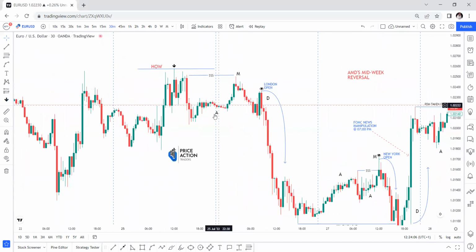You have accumulation, manipulation of Asian. Then this high was taken out. The price makes a kind of reversal. There was a withdrawal here, so that gave us a sense of price manipulation. So you have to trade in the opposite of a price manipulation. Then a retest back to this place gives you what we mean by